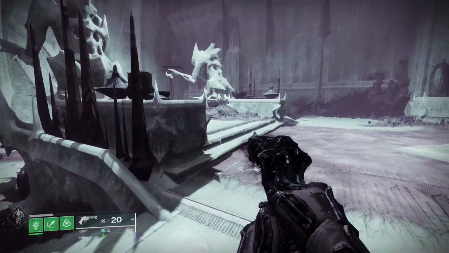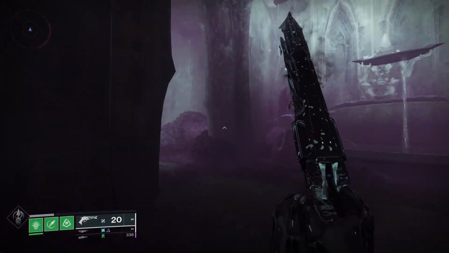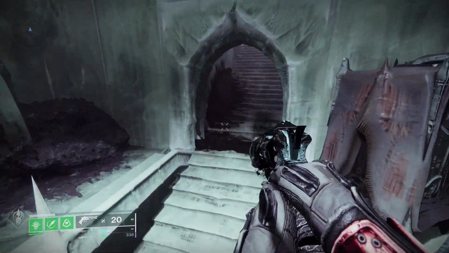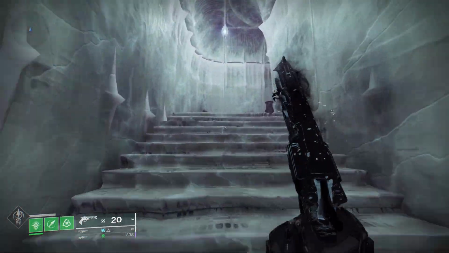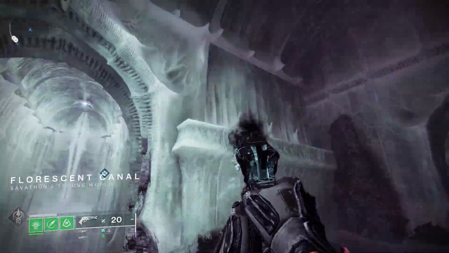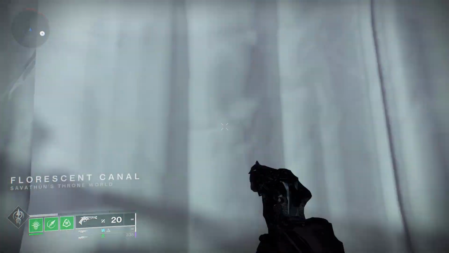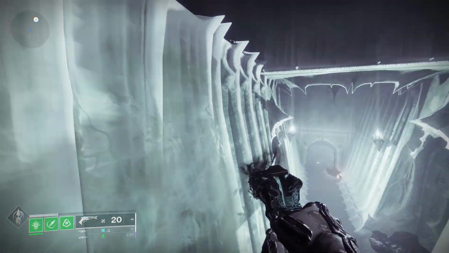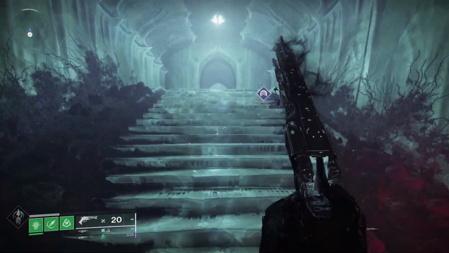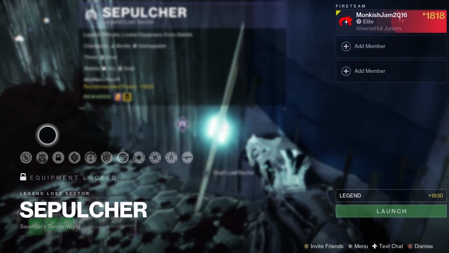You'll see the enemies here. Start the Lost Sector, kill everything. Make sure to kill the boss at the end and loot the chest at the end, and you'll unlock Legend and Master difficulty for this Lost Sector. So we're going to work our way up here and go over the modifiers. You can see it is a good distance away if you're trying to work your way back up. And I'm just going to miss a jump there, that's embarrassing. Now that we've made our way back up, you can see for Legend difficulty we have